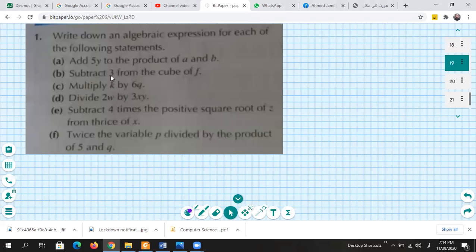Question number 1 says: write down an algebraic expression for each of the following statements. The statements are given, so we have to convert these statements written in English into mathematical form. I start from part A,